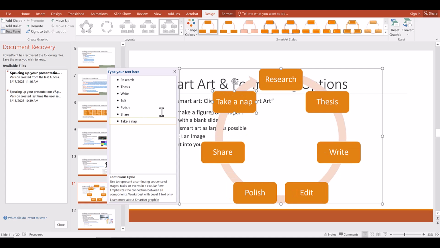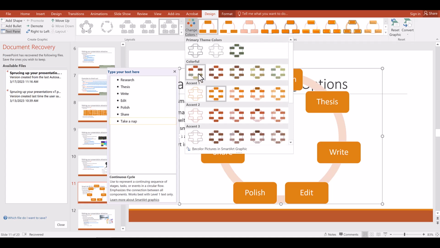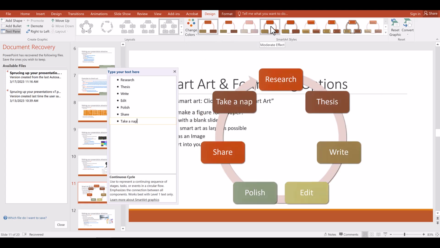And then you've got all kinds of different options up here. You can change colors based on your scheme, your inbuilt color scheme. So like I can just sort of hover over these and see which ones I like. I like the multicolored ones. There's also like different styles, so you can make it a little bit more three-dimensional, make it pop off the page a little bit. You can click on this one, make it look a little bit more plasticky, I guess. So there are a lot of different options here.